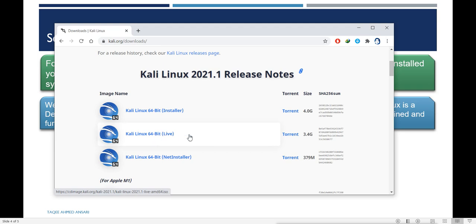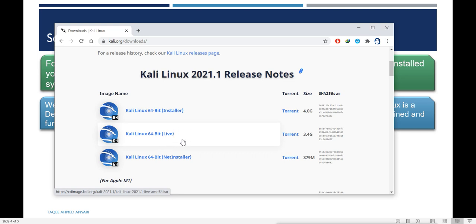Now why is it important to run the live? Because suppose you wanted to hack some system, and that system already contains Windows Server 2016. It is already a server. You have somehow gotten access to that server. Now what you will do, you will not remove that operating system. You want to get the information from there, you want to hack that system. And even if you don't know the password of that Windows server, you cannot log into the system and you can break something.